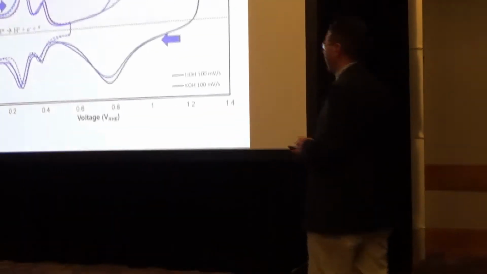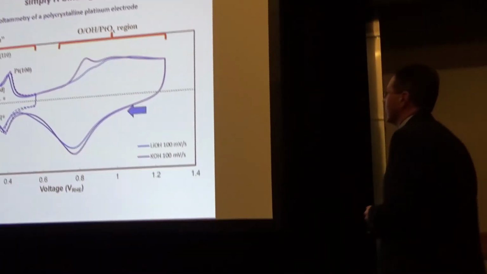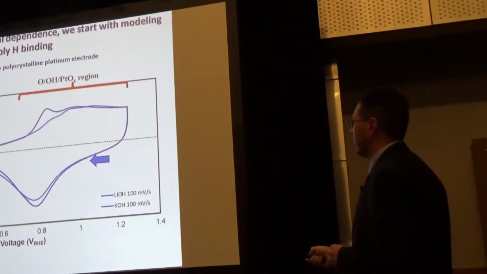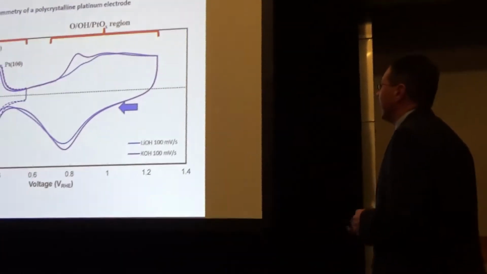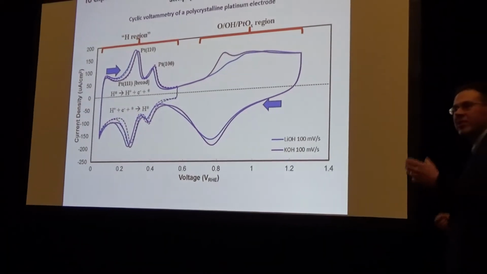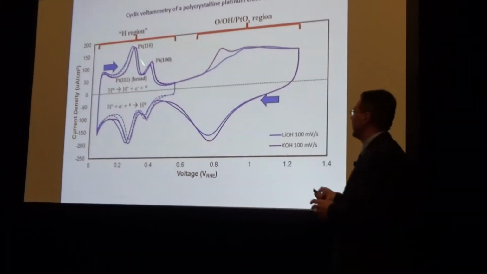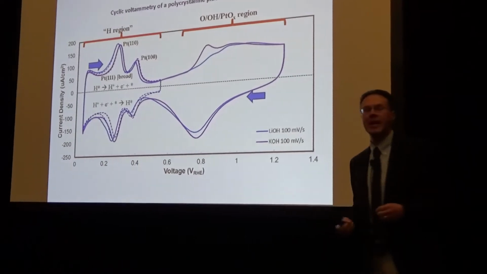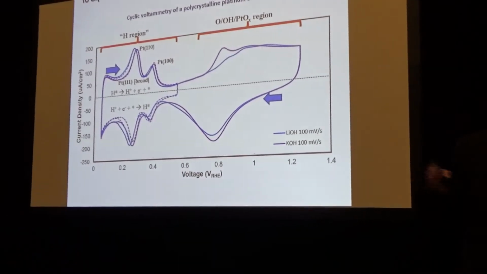When we reverse the process, of course, we see exactly the reverse process happen, where the proton comes back on the surface. And these peaks line up in the forward and reverse direction for the most part. That tells us that this is an equilibrium process. What we're seeing here is not really dictated by kinetics, it's just dictated by shifting equilibrium of these reactions